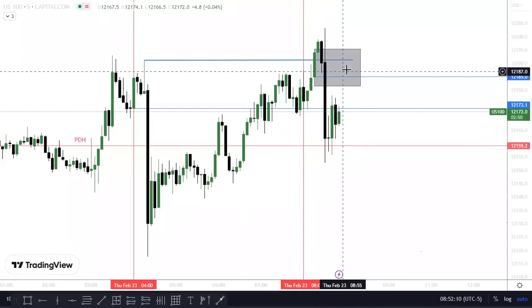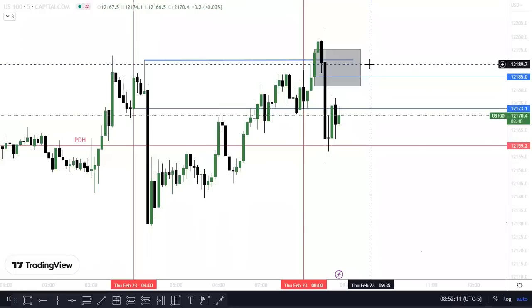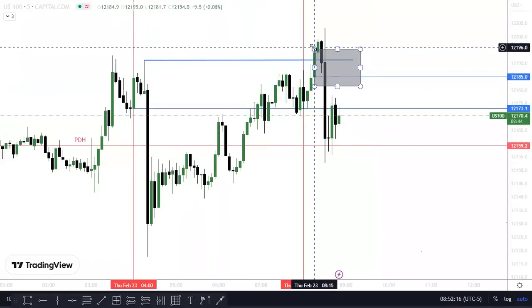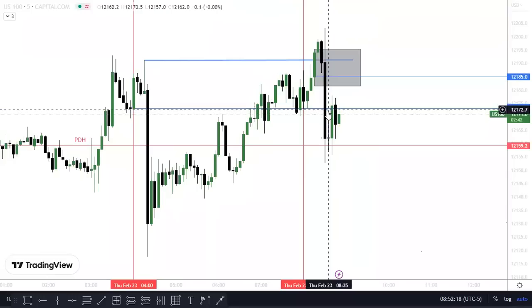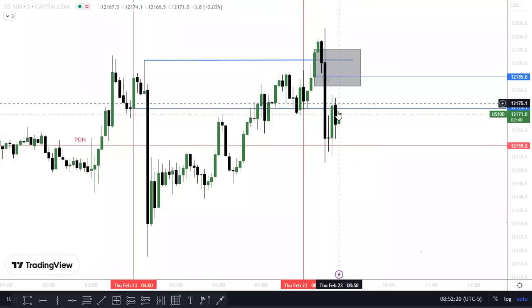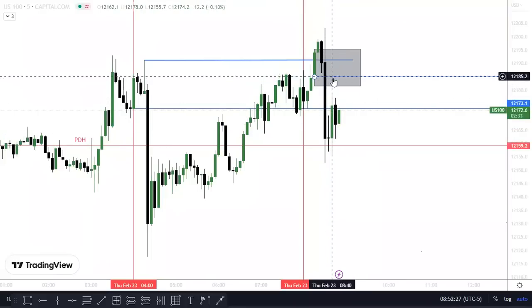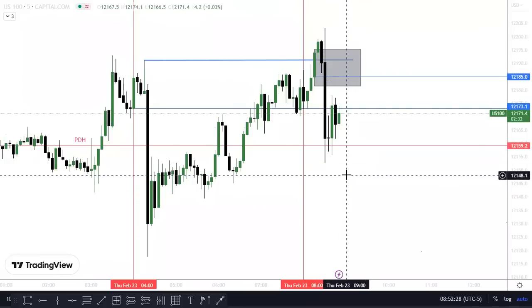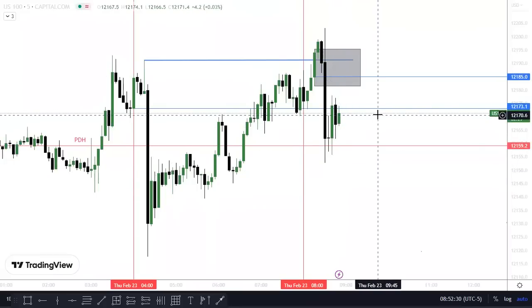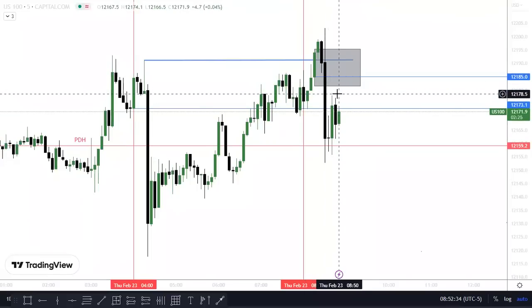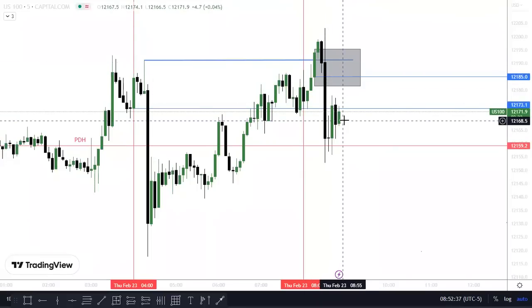Ideal entry would have been right here. 4M open right here. The order block is above it. Price is tapping 4M. That's what I was saying. FVG here, it's staying open. If price crashes lower, which it shouldn't in my opinion, I think we should try to take out any short-term highs inside here, which makes this run even better for me.